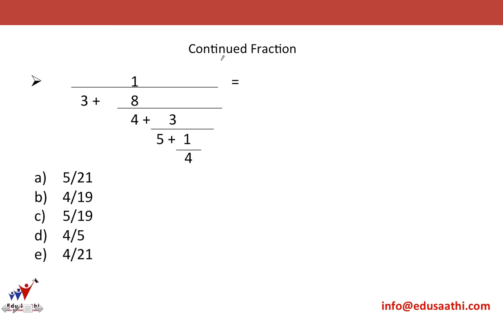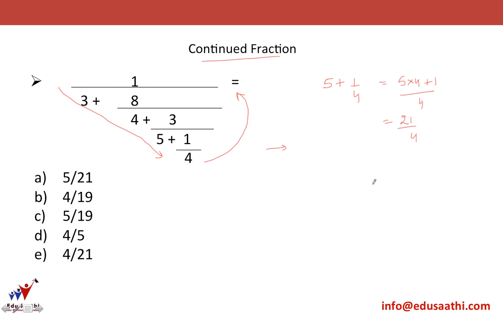Let's try a question on continued fraction. So continued fraction is a fraction wherein you'll have a question like this. You'll have fraction into fraction into fraction into fraction. The method of solving is we start from the bottom and go towards the top. So 5 plus 1 by 4 will give me, you'll multiply 4 with 5 here. Let me write down here. So 5 plus 1 by 4 is nothing but 5 into 4 plus 1 divided by 4, which gives me